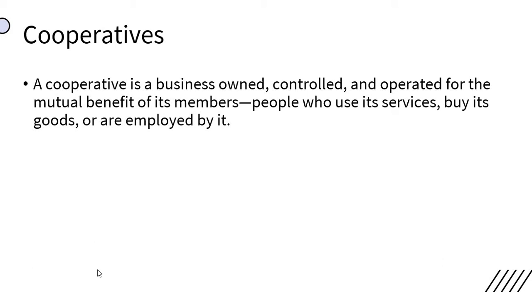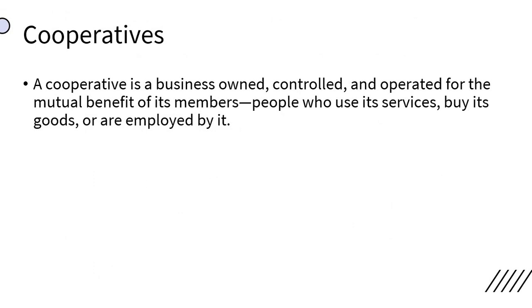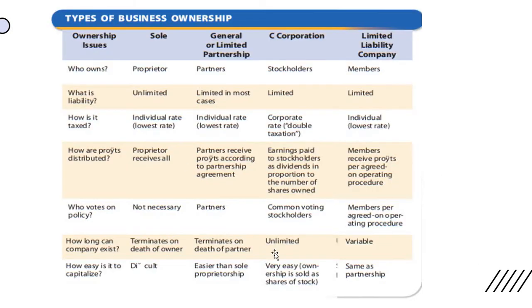Okay, so ang percentage ata na binabawas ng BIR sa kanila is either from 8 to 12% lang. Compare mo dun sa sole, which is 30 to 32%, sa partnership, 30% na nga ang kinuha sa kumpanya nung buo kayo, tapos kukuhanan pa each member ng 32%. Corporation is nasa 20% and cooperatives are 8 to 12%. Okay? So, let me show you the types of business ownership to summarize.